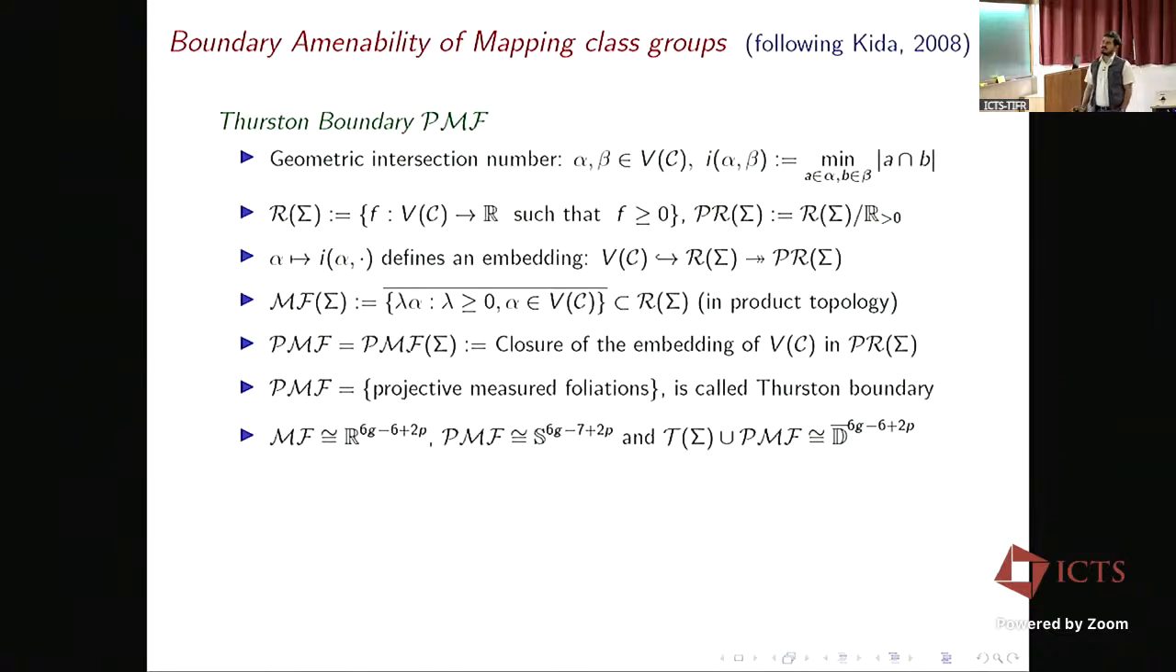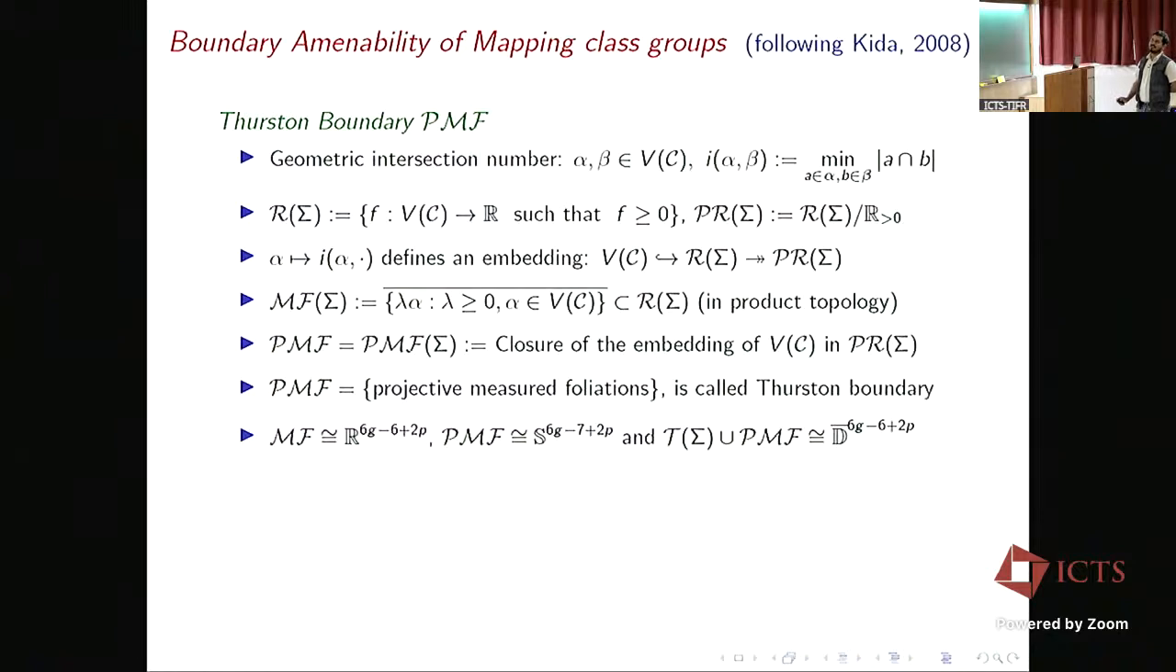So now we look at another object which I think has been discussed in this conference quite a lot, and I am just mentioning this because we may use these terms in the coming slides. So this is the geometric intersection number between simple closed curves, and by this we mean